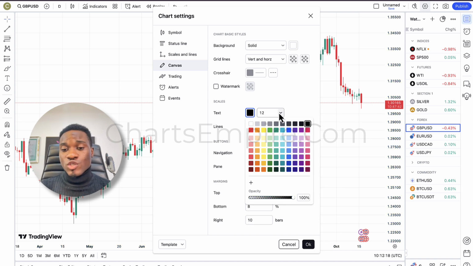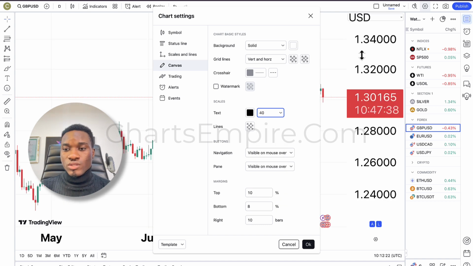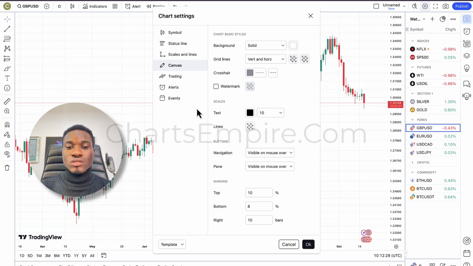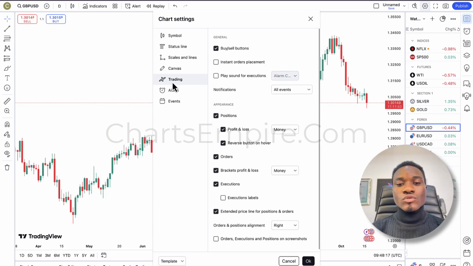And you can change the size of the written figures. You can make it to be bolder. You can see right now we have a bold price scale. You can change it to be 20. You can change it to be small, right? So that is it. You can as well go to the TradingView, and they'll remove the buy and sell button